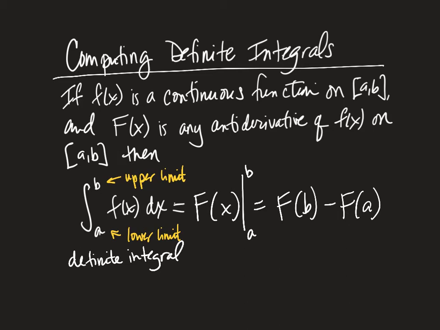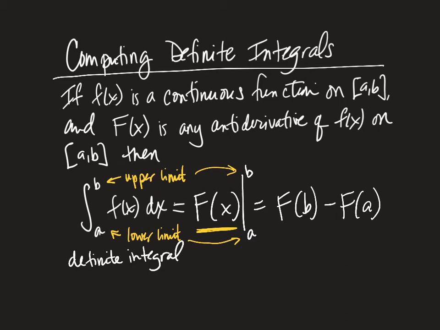So now we have any antiderivative, we're calling it capital F here, and to indicate that we're not done, that we need to do more work, that this is different than just a plain old indefinite integral, we use that long vertical bar and still keep a at the lower limit and b as the upper limit. And we put the bar at the back so that it doesn't get confused. Notice if we put it out in front, if you're not careful, it might look like another integral symbol. So we would think, oh, I have to integrate again, and we don't. That's why this vertical bar goes at the back.